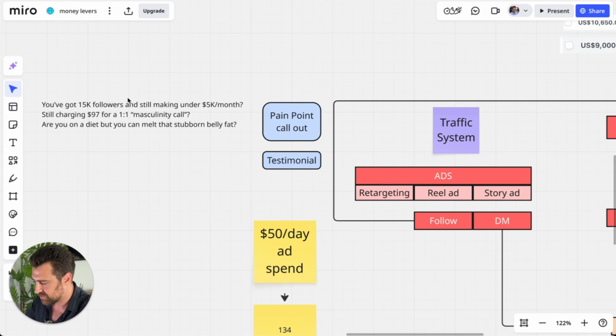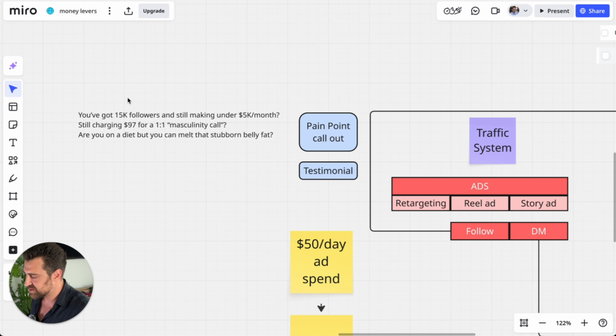For example, for my niche, I would say something like this. You've got 15,000 followers and you are still making less than 5K per month. This is a pain point that most influencers are facing. Actually, I spoke with a guy probably like 4 months ago. He had